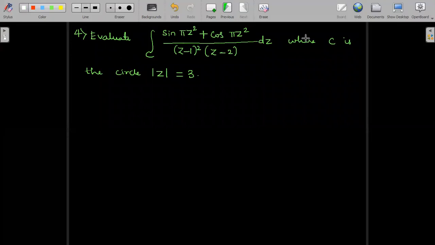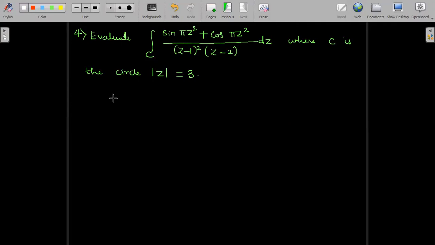So very firstly, observing the given f of z function, that is f of z by z minus a term, it is obvious that the denominator has to be resolved into partial fractions. Means I need to consider 1 divided by z minus 1 whole square into z minus 2 first and resolve into partial fractions. The product in the denominator has to be converted to the sum first. So that is the first thing to do. Then f of z can be compared to the numerator term, and then we will discuss each of those points, whether they lie inside or outside the given circle.